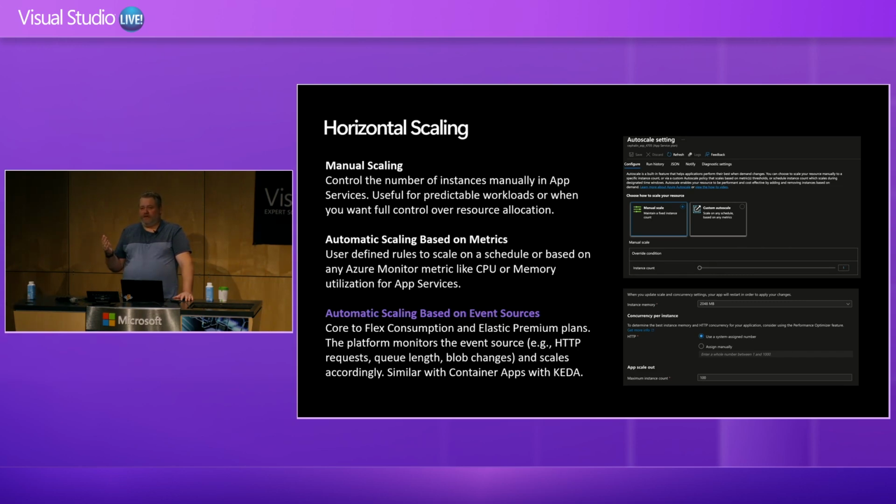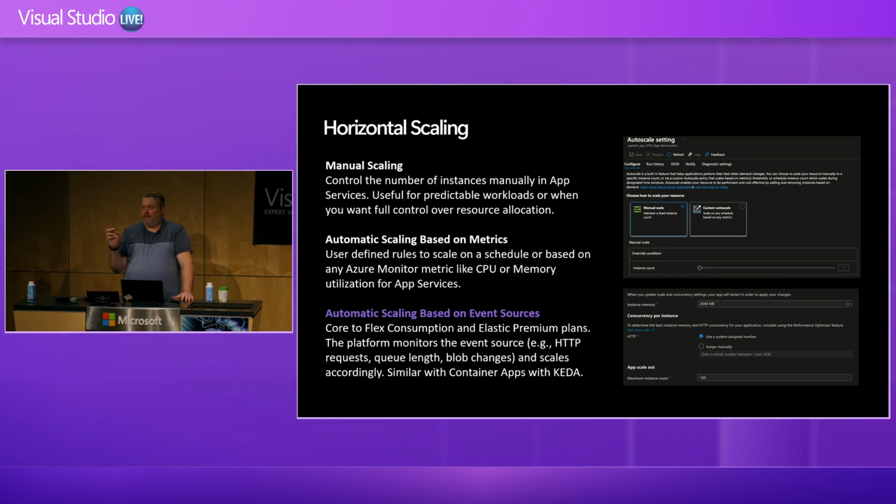So if you always know that, Friday night, I need so many instances because there's a big influx of data coming in, and then Saturday morning, I can reduce that down to the minimum of 1. You can definitely do that with manual scaling or automatic scaling based on a schedule with App Service plans.